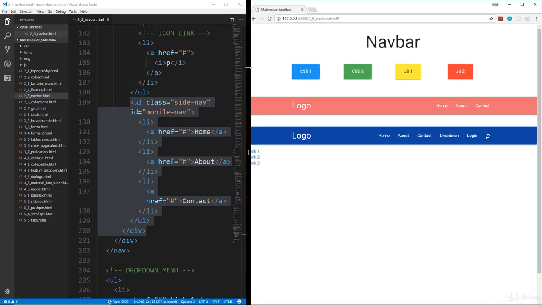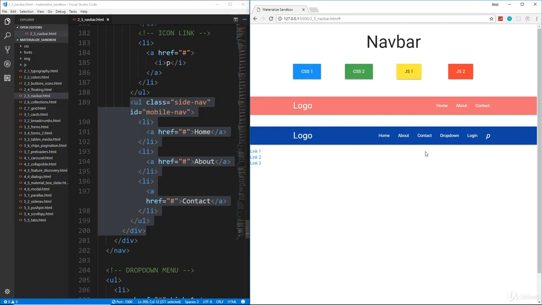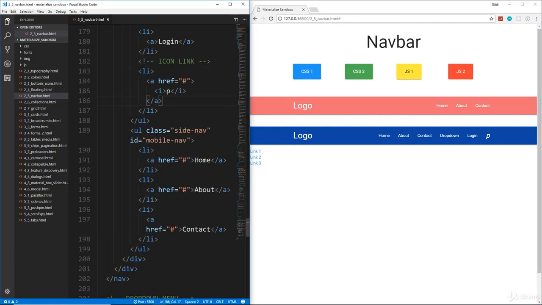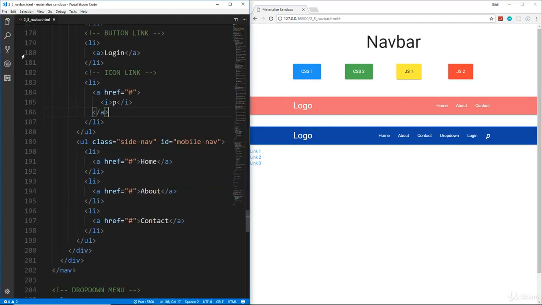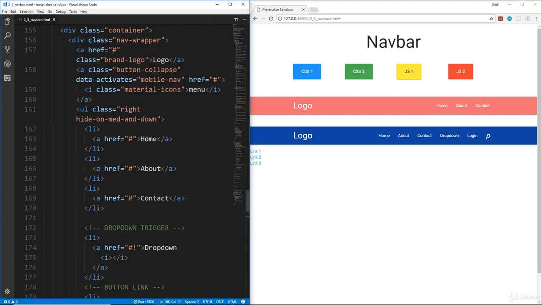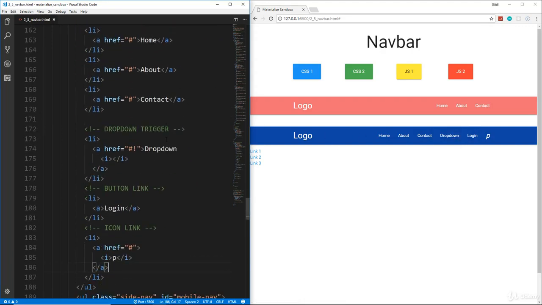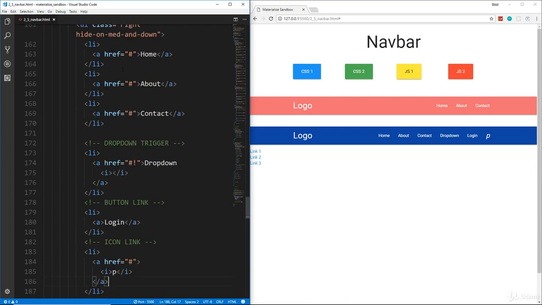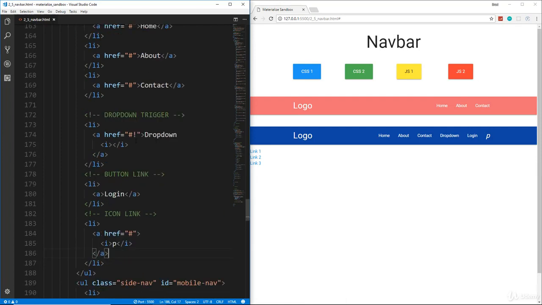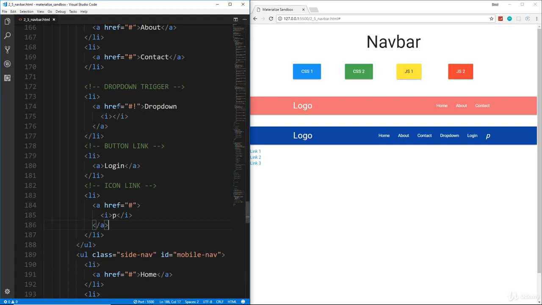So now what I'm going to do is just make sure that all these links are showing, and we're going to now work on, let's see, the drop down. So we have a list item here under the home, about, contact. Then we have this list item, and I want this to be a drop down. And what we need to do